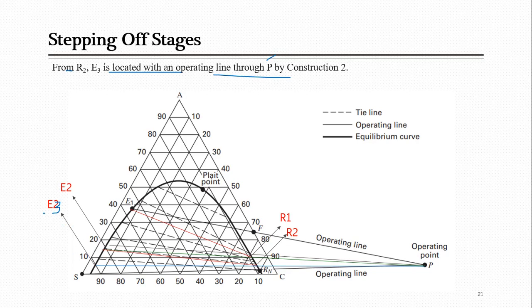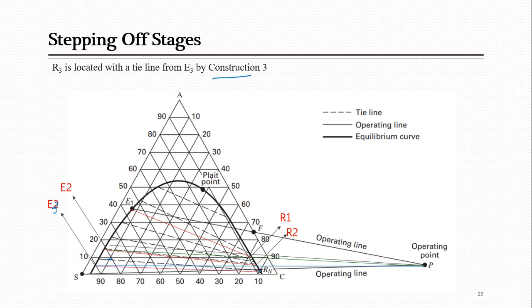And now we have located E3, that E3 will be in equilibrium with something which is called R3, so they can be connected with the help of a tie line. E3 and R3, I can connect them with the tie line. So how? Just look, is this E3 located on any tie line? No, here there is no tie line, so what you have to do is use construction 3, but we are just going to draw a tie line here. If I have to connect this E3 with the system with the help of a tie line, you can see that there is one last tie line in the system here, and at one end it is close to 10%, but on the other end it is somehow close to 5%, its slope is decreasing.